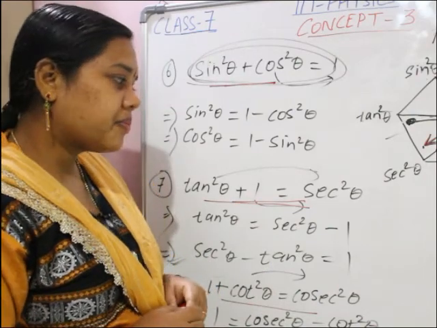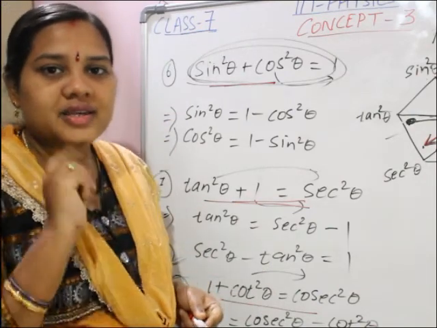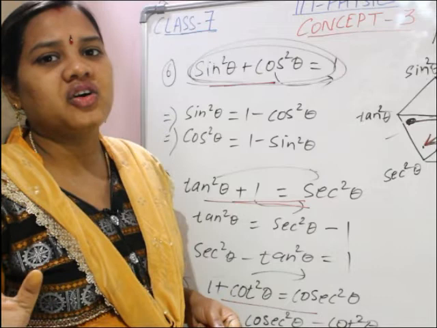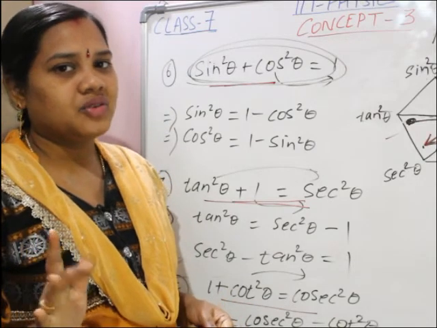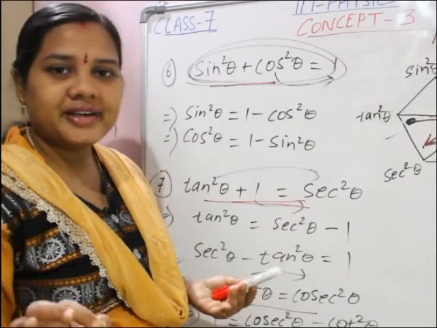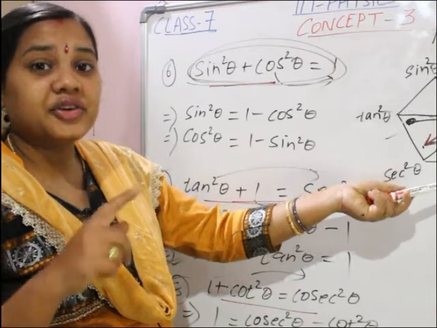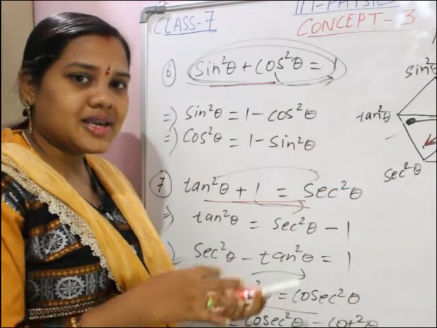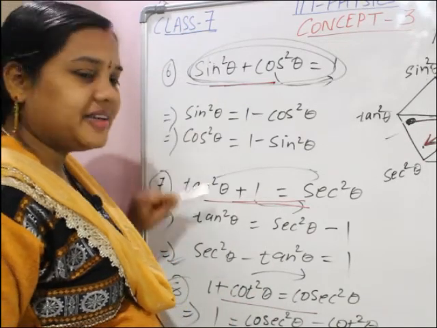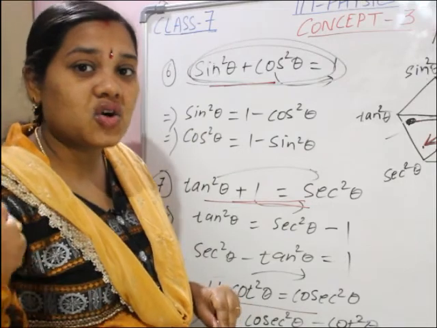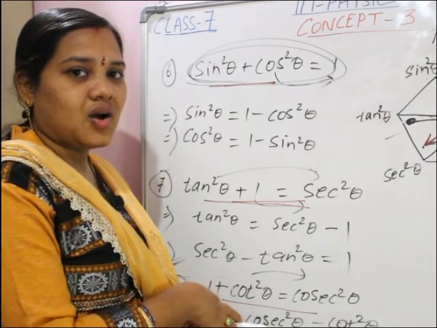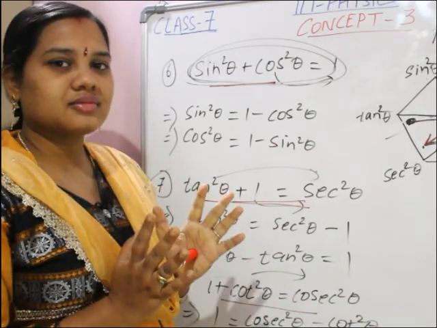Clear? I hope you have written this one. Once again I will tell you, you have to watch this video minimum 3 to 4 times, then you will understand. 1 time or 2 times is not at all enough. You have to write down this magic hexagon, you have to draw it 2 times by seeing, and then afterwards practice without seeing. Get these identities by seeing this hexagon by yourself. See, are you getting or not? Then see the notes how I had done. Got it? Thanks for watching.